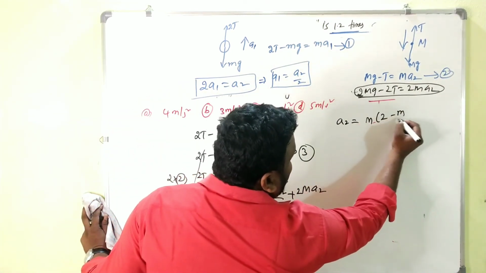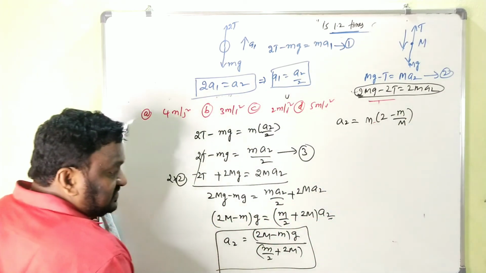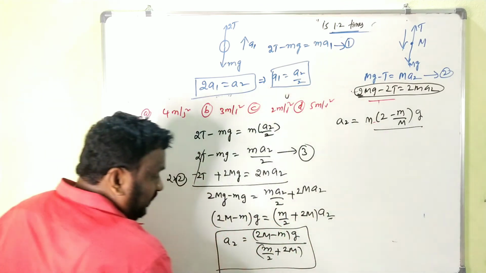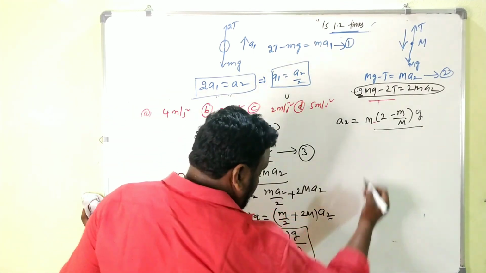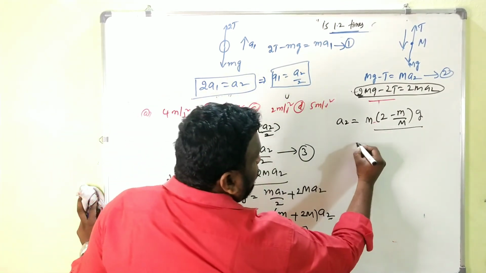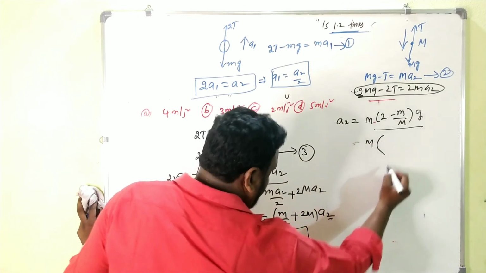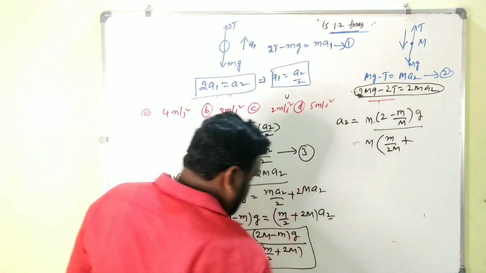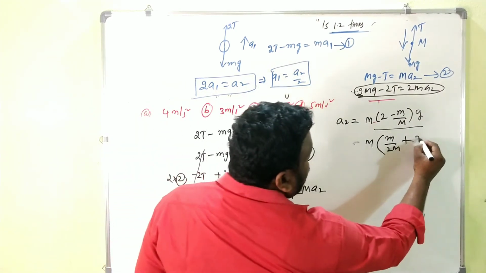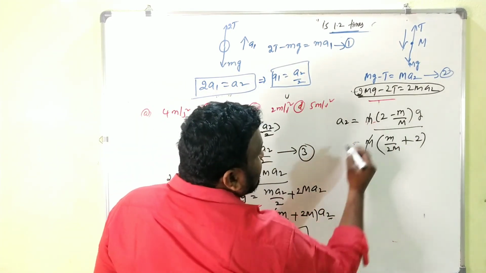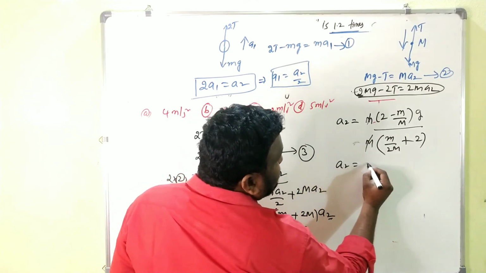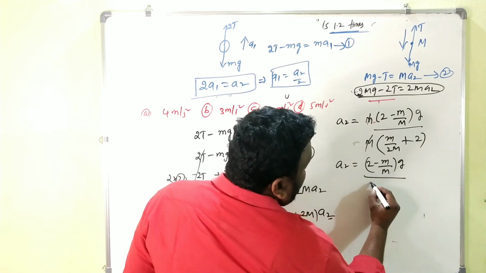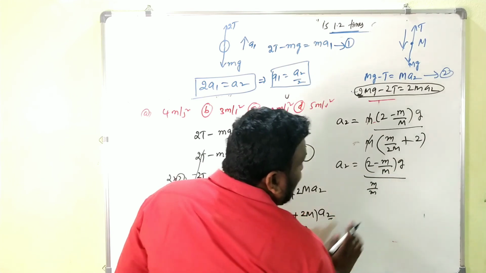2 minus m by M. 2 minus m by M into g by, same thing. What do you get? M into small m by 2M plus 2. So M cancels. Then what do you get? A2 is equal to 2 minus m by M into g by m by capital M into